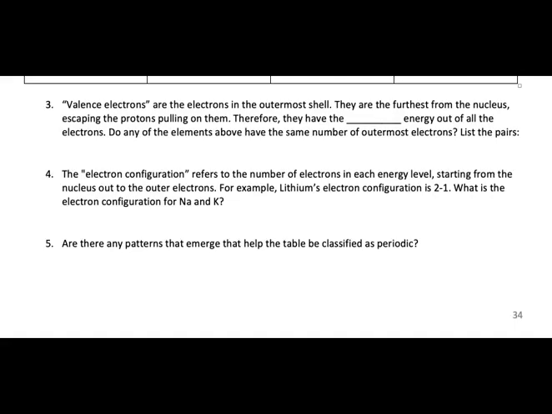The electron configuration refers to the number of electrons in each energy level, starting with the nucleus out to the outer electrons. For example, lithium's electron configuration is 2, 1. What's the electron configuration for sodium? So if you go back to our sodium diagram, it was 2, 8, 1, right? And for potassium, it would have been